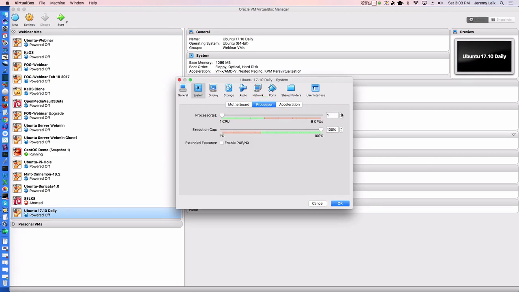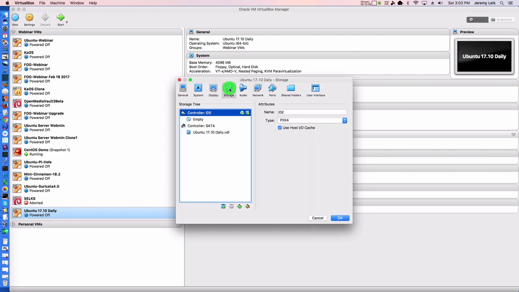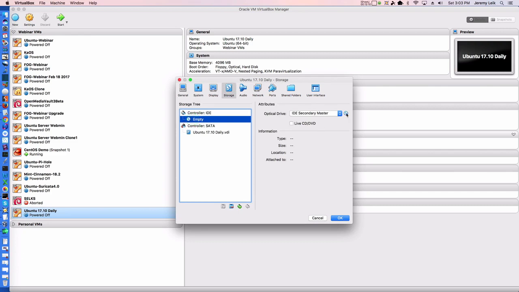Processor, we'll give it 2 cores. Display, we will give it 64 megs of video memory, and we will go on to storage, optical drive, select, choose,